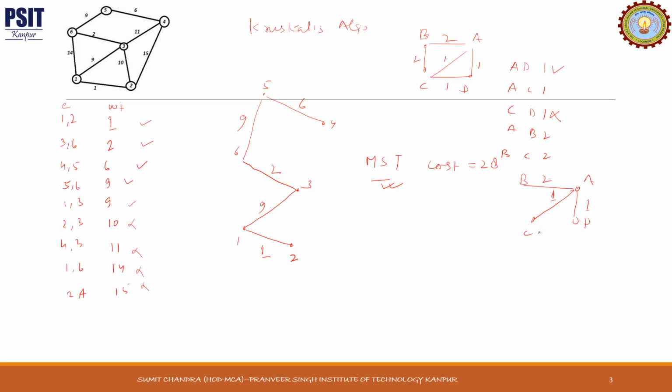So again, all edges are connected. We'll stop here and the cost is 4. I have taken this example to show you that even if there is an edge with a smaller weight, we cannot add that edge if it creates a cycle. So a cycle is not allowed here, and we always stop when all the edges are added. So this is how Kruskal's algorithm works.